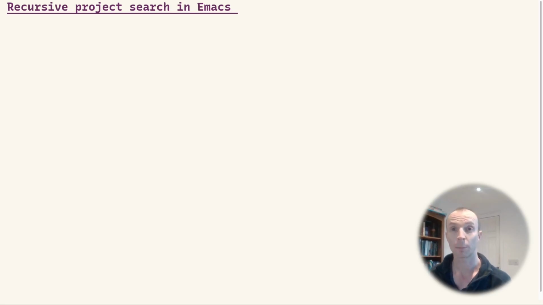So in this video, I'm going to demo what I'm calling recursive project search and how I do that in Emacs. So this is where you do some kind of search task, maybe searching for all usages of a function to modify them. But then that leads you to another search task and possibly to another and another. You need to complete all of the sub-searches and their tasks, but without losing your place in the parent searches